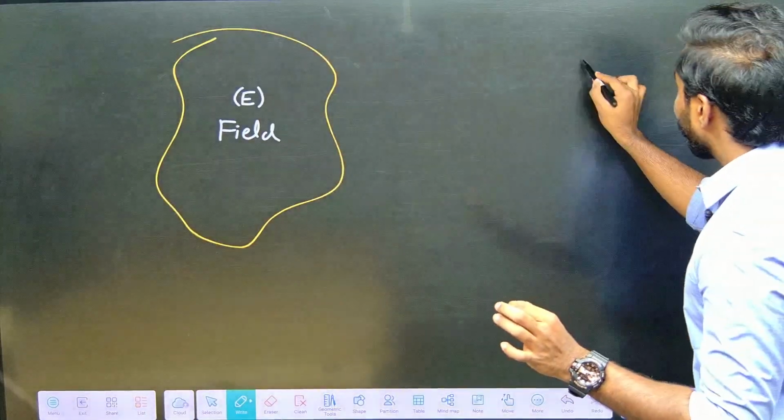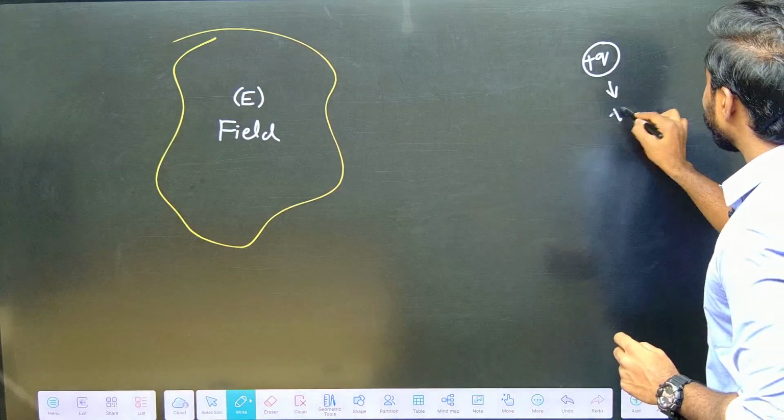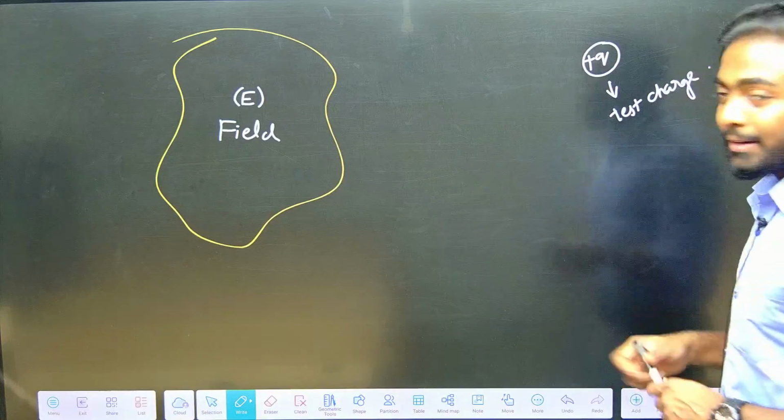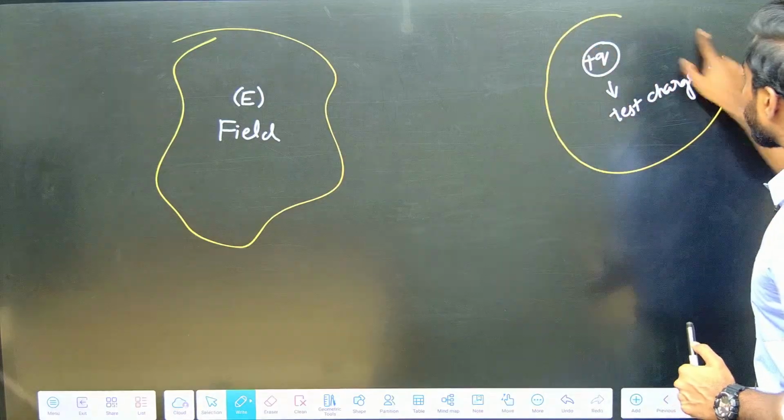For example, if I take a positive charge Q, which is a test charge, and keep it here,